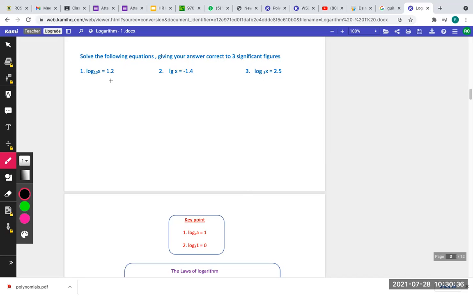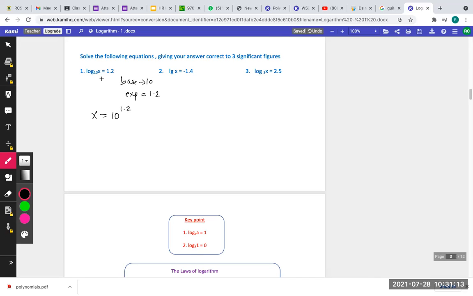And to solve for x, I need to convert it into exponential form, meaning the opposite of what we have done just now, right? What is the base here, guys? Base is 10, right? And so the answer will always be coming as an exponent. Remember, the log answer will be the exponent. So the exponent should be equal to 1.2. So how do I write? x equals base 10 and exponent 1.2. 10 to the power 1.2.